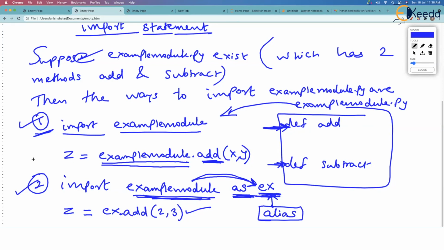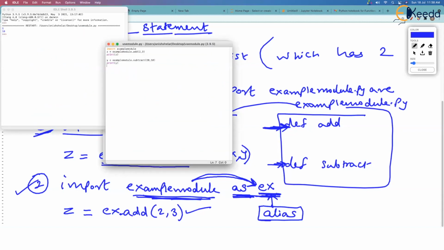Let's go back to Python IDLE and check. Is such a code working? Just see the code here. Import example module as ex, I will write. So now I don't have to write this name, example module, but I will write ex dot add, or I will write ex dot subtract.